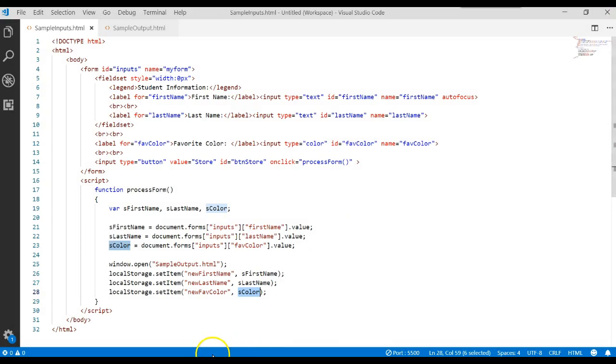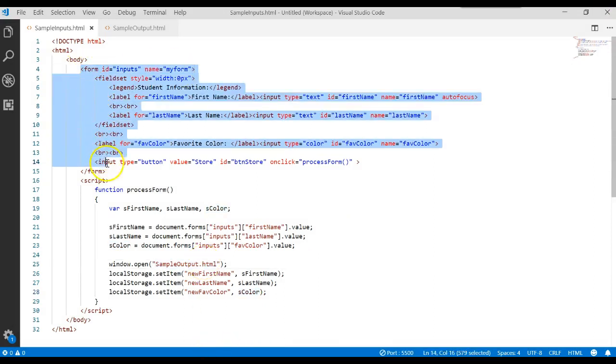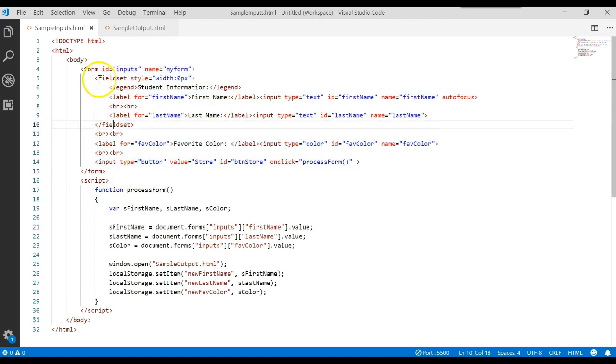So this is pretty exciting that through the use of HTML forms, which can contain other HTML objects, it allows us to type in information for the user to interact with our web page. The field set makes a group box around information. The legend is the title in that field set. The label is a title for an input, and you've seen an input for text and an input for a color picker. You've also seen how you can specify a specific field to have focus when the page is first displayed. Then we have a button that if the user ever clicks on it, we tell it to execute a